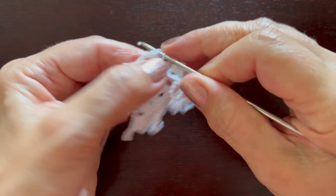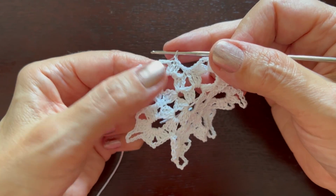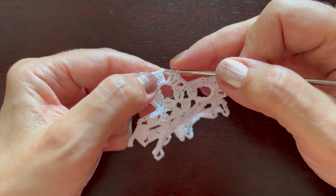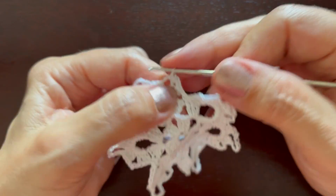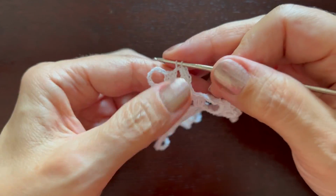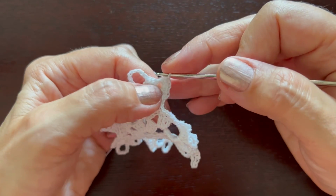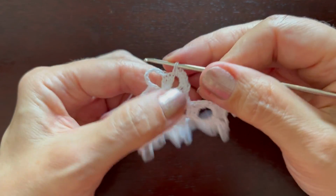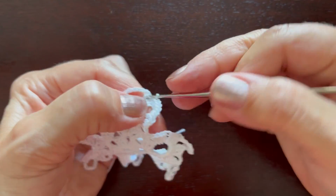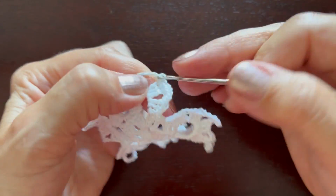So we'll start with a slip stitch. We'll make chain 1 instead of the first single crochet and a single crochet. In chain 3 we'll make 5 single crochets: 1, 2, 3, 4, 5. In 3 double crochets we'll make 3 single crochets, 1, 2, 3, and now in chain 7, 3 single crochets,